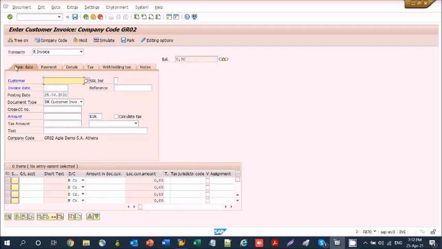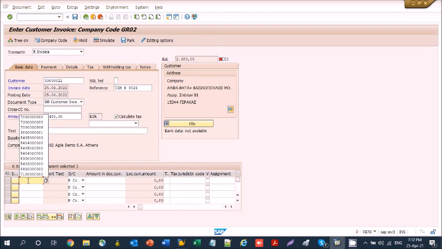First, we have to declare the customer, the dates, the reference, the amount, the accounts, and the amounts,